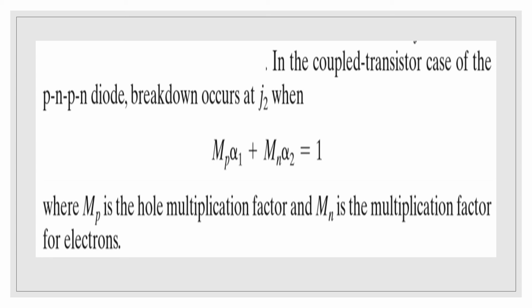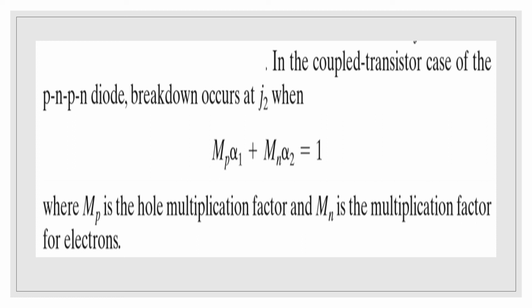Furthermore, switching may be the result of a combination of avalanche multiplication and base width narrowing, along with the possible leakage current through J2 at high voltage. Now from this equation it is clear that with avalanche multiplication present, the sum of alpha 1 plus alpha 2 need not approach unity to initiate breakdown of J2.